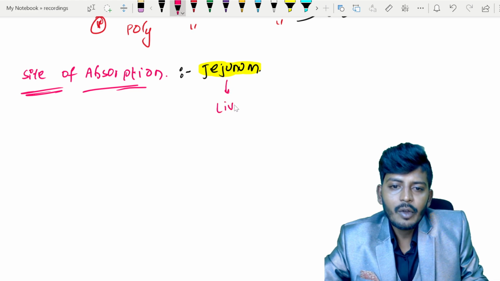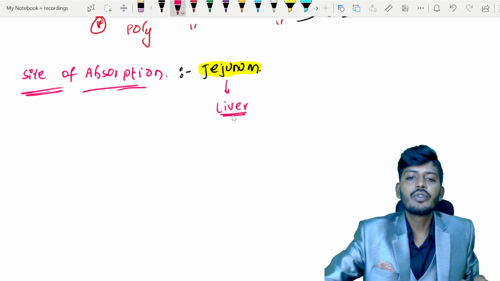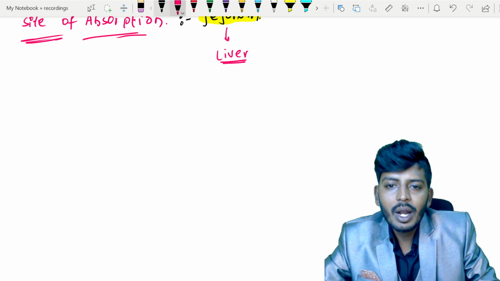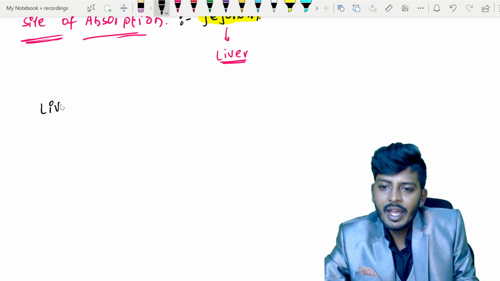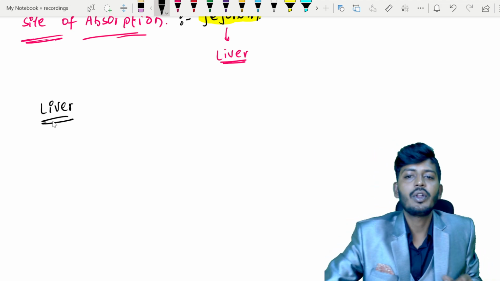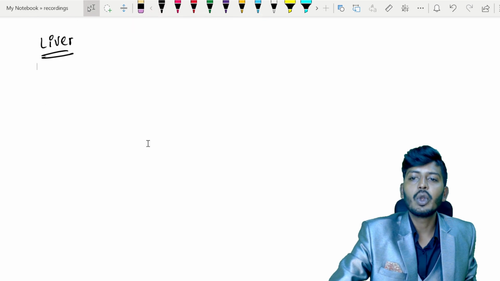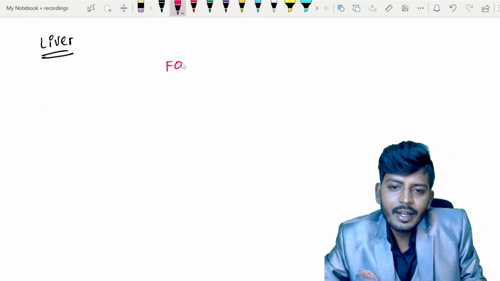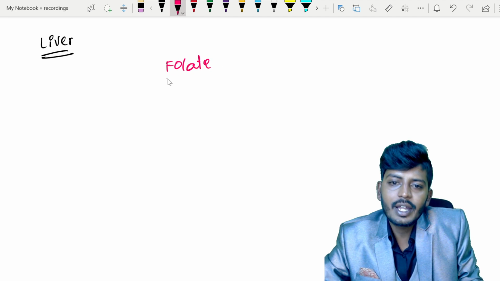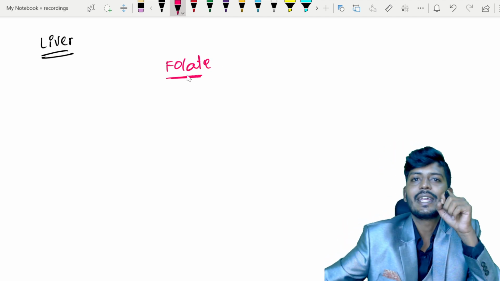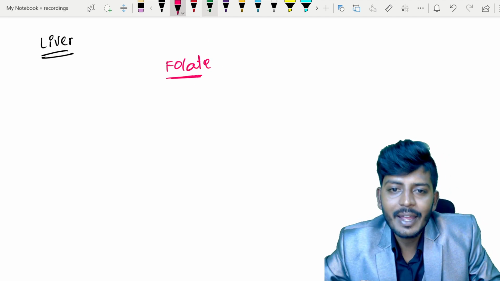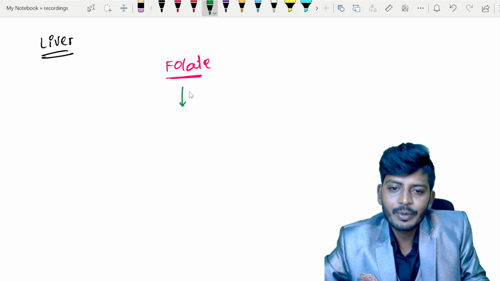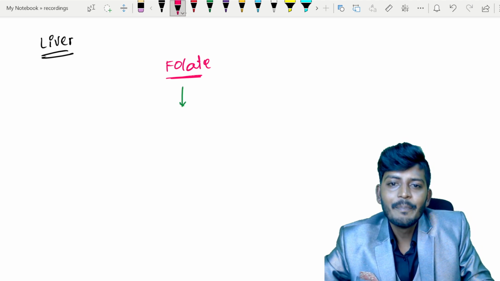Okay, so once we understood this, from the jejunum folate gets absorbed, then this folate goes to the liver. So let's discuss what happens in the liver first. In the liver, what happens to the folate? What we got is monoglutamyl folate. Let's simply take it as folate or folic acid. This folic acid, under the influence of one favorite enzyme of every student,